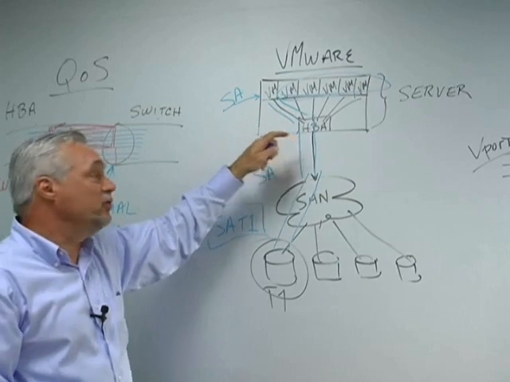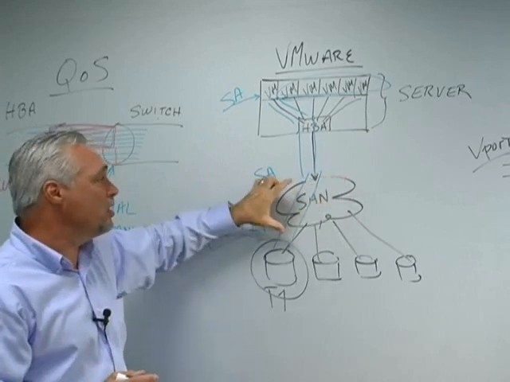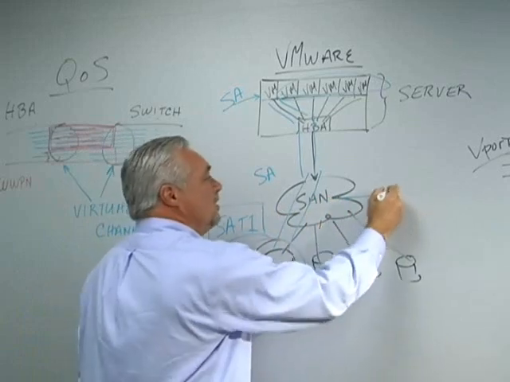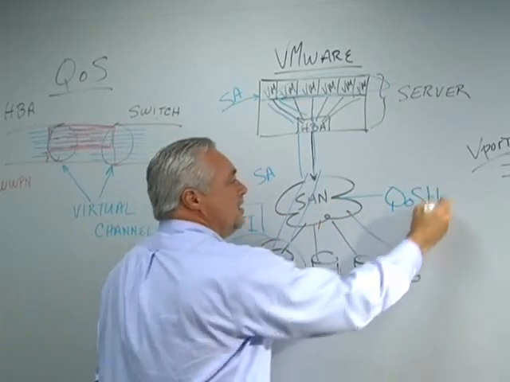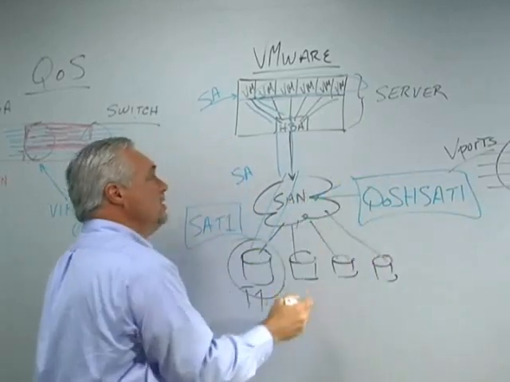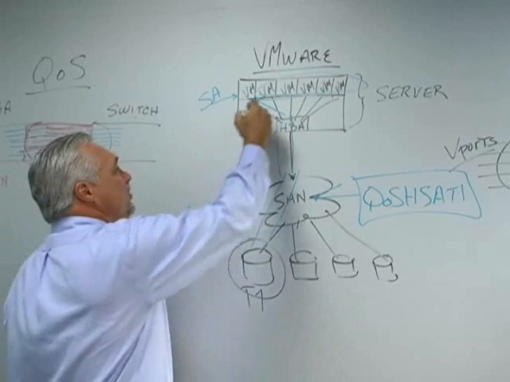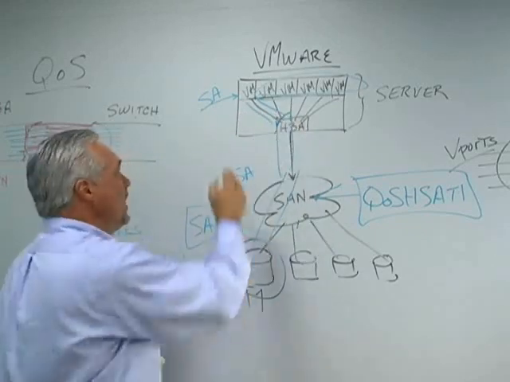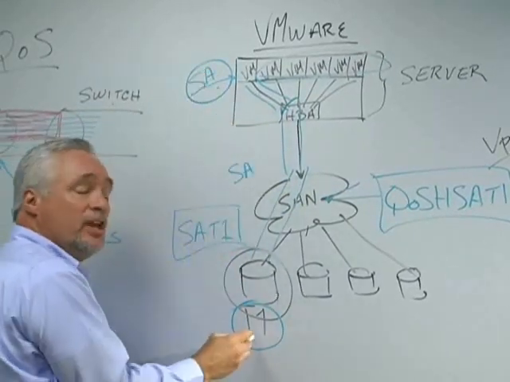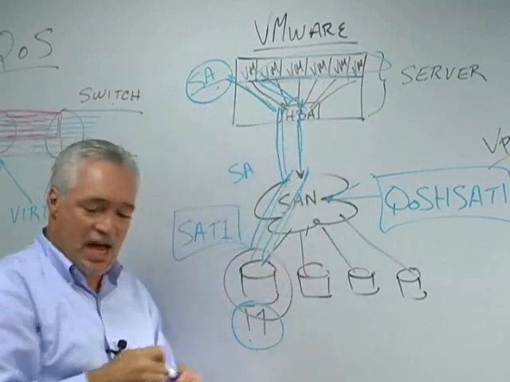All these other guys, they want the same bandwidth here. When we do our quality of service using this NPIV technology, what I would do in my fabric, and don't forget, our quality of service is a fabric service. It's done here in the SAN. So if I say quality of service, turn it on to high on the SA T1 zone, this is now turned on here in the fabric. When you have a Brocade fabric attached to a Brocade HBA, I turn on quality of service on this HBA. I give it this guy's worldwide port name, this guy's worldwide port name, source to destination, and now I take this thing, I isolate that data flow